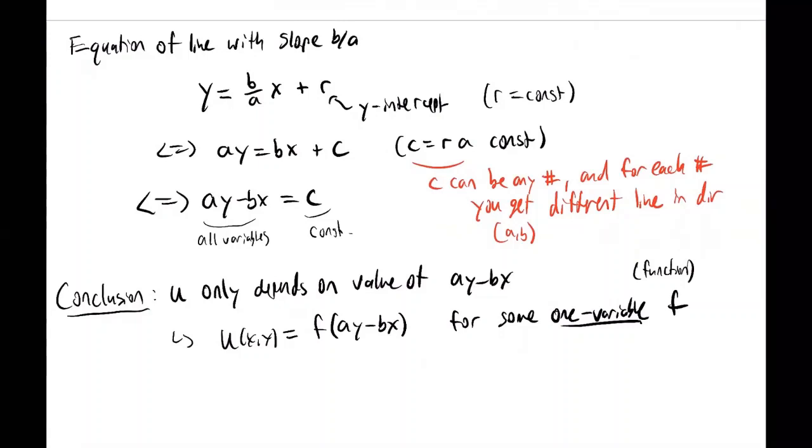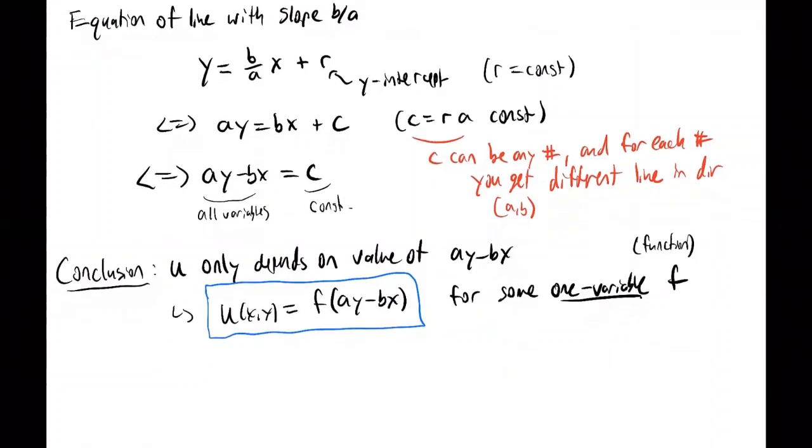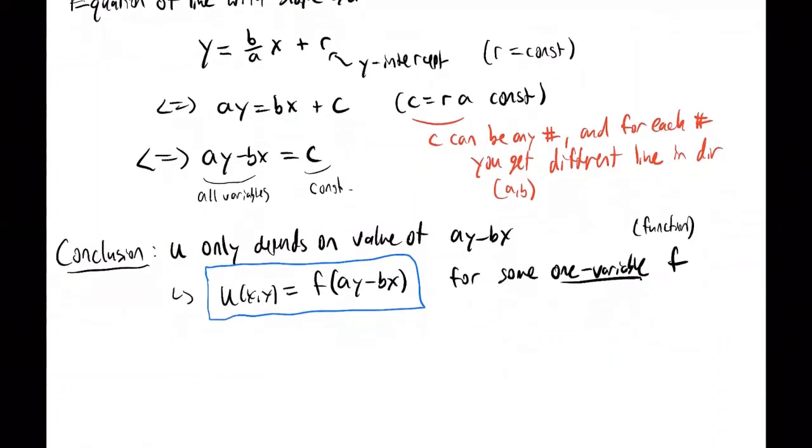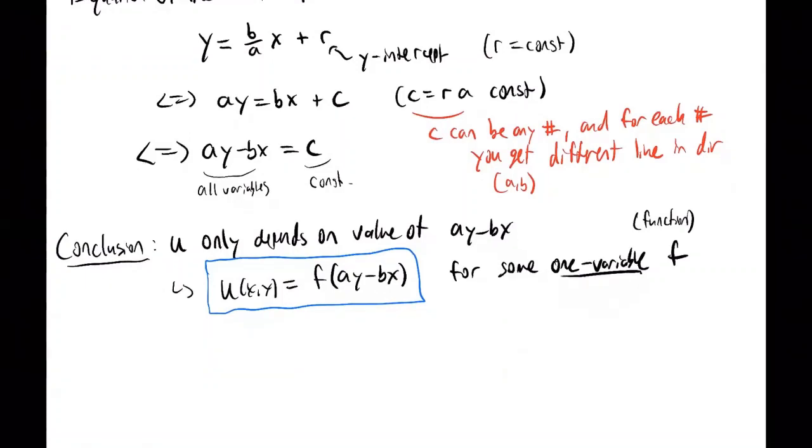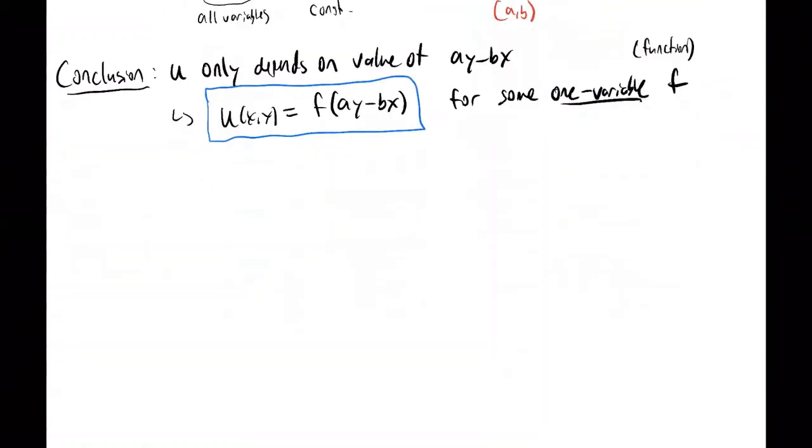Okay, and so this is the quote unquote general formula for solving a first order linear PDE as long as there are constant coefficients. And so the argument that we just outlined can be made rigorous to show that these are the only solutions. If you have a solution, it has to be of this form. And so if you're not completely convinced by the argument I just gave, what we can do now is actually check that this is a solution. And so this will prove that this at least is one way to solve the problem. And so let's just check,